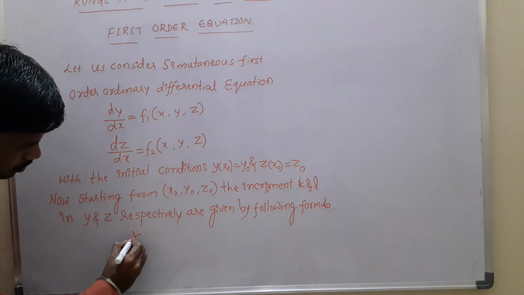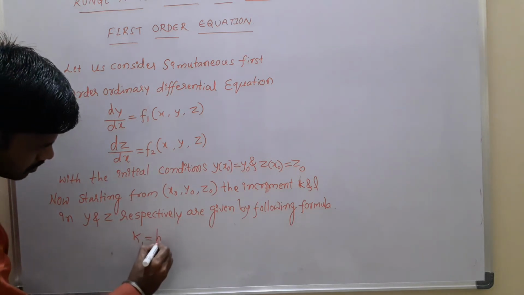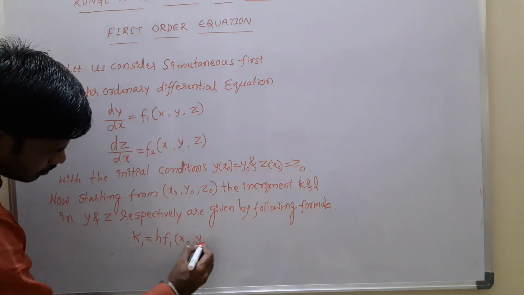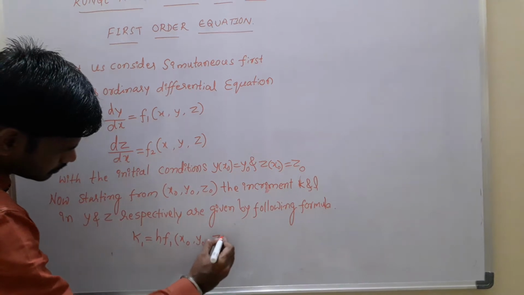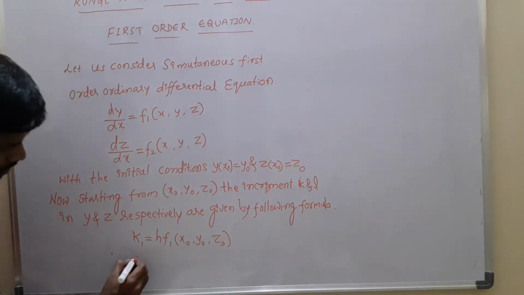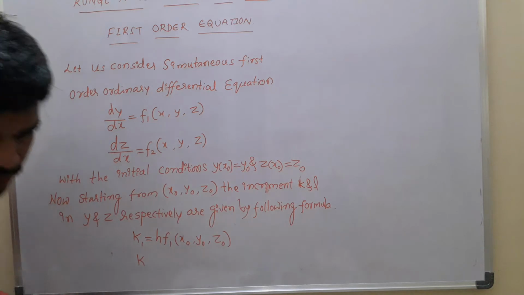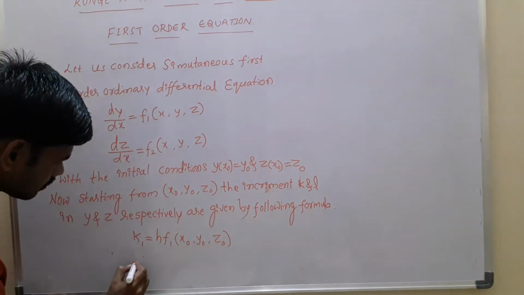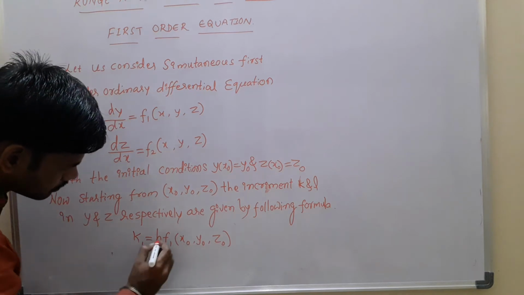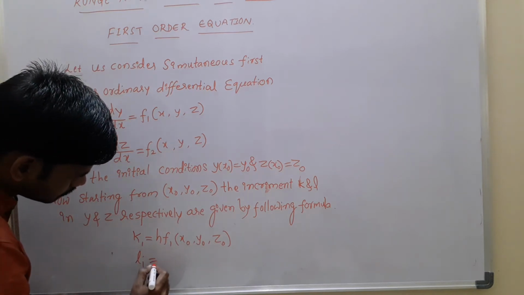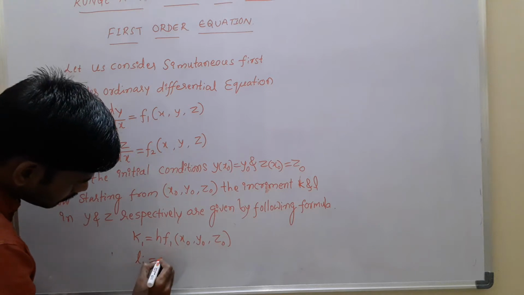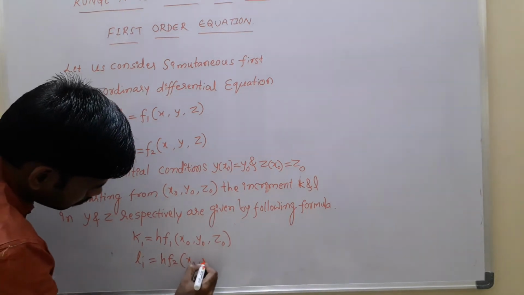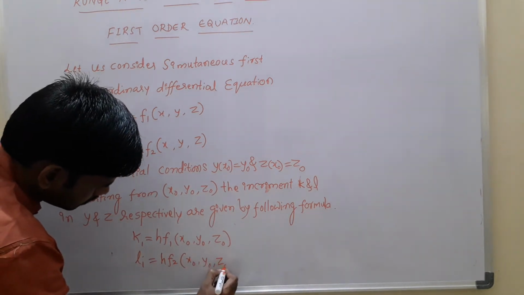It is k1 equal to h into f1 x naught comma y naught comma z naught and l1 equal to h into f2 x naught comma y naught comma z naught